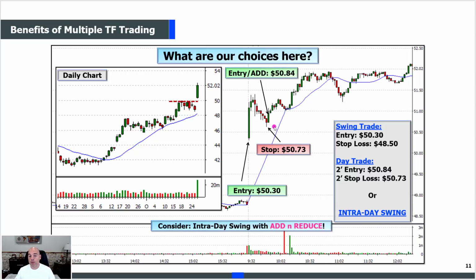But most of you, if we're being honest, are two things. Either too lazy to do a carryover list or a personal stock universe, or, I'm sorry to use this word, but you're too chicken shit to actually take the trade. You're too scared. You're like, well, I am in my swing trade at 50 and I don't want to ruin it. It's looking really good. If I add at 50.84 and it doesn't work, it's going to ruin my... Guys,